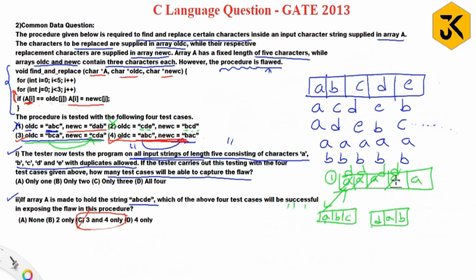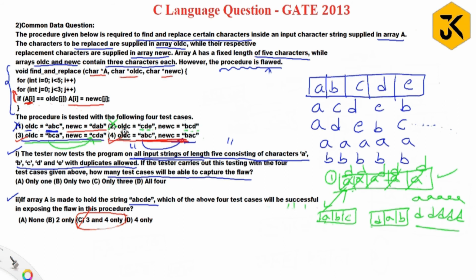D match with B, no. D match with C, no. Then A match with A, yes. Then it should be replaced with the corresponding character. D match with B, D match with C, no. And testing is completed. So my final answer is all D's. Means wherever you observe A, you get all D's. So before applying the procedure, you got the string as 5 A's. After applying the procedure, you got 5 D's. So our answer is correct according to test case 1.